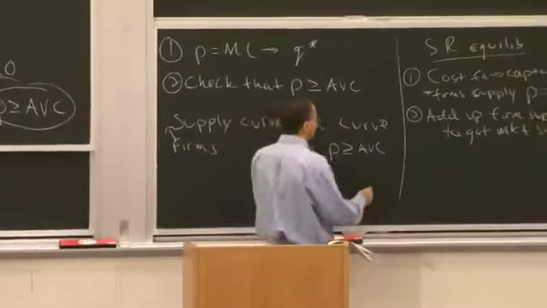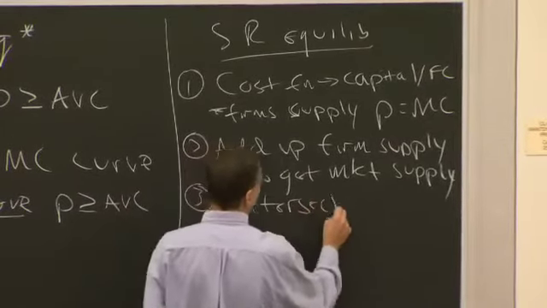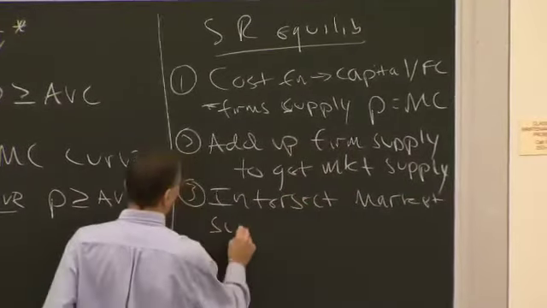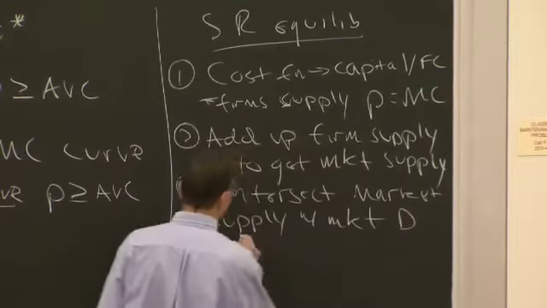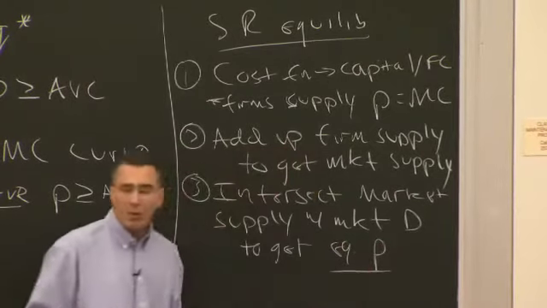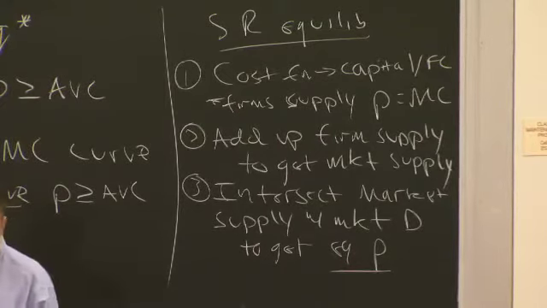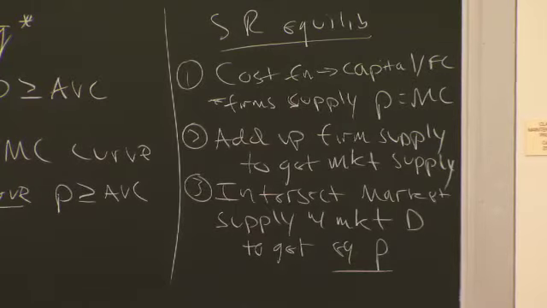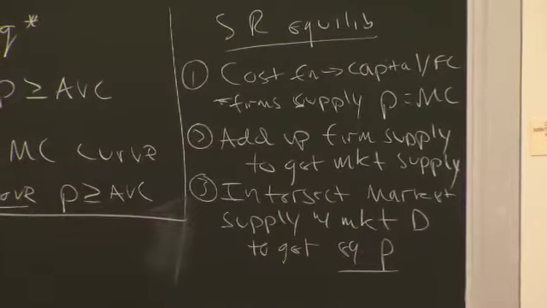The third step is we intersect market supply with market demand to get the equilibrium price. In other words, we say there's some market supply, which we've derived. Now let's imagine some market demand, and that'll give us the equilibrium price. So for example, in our case,